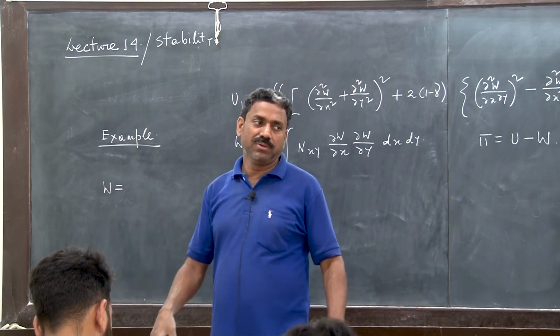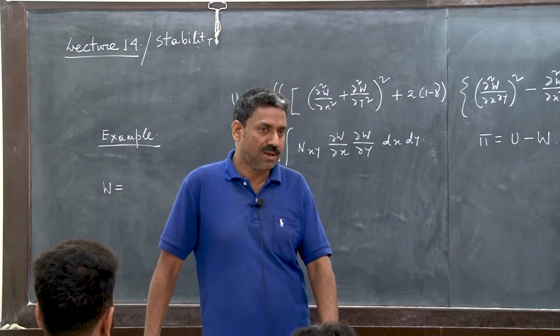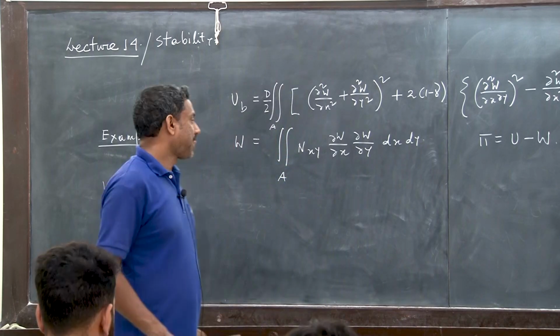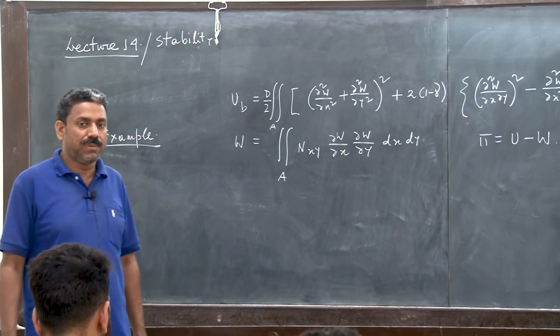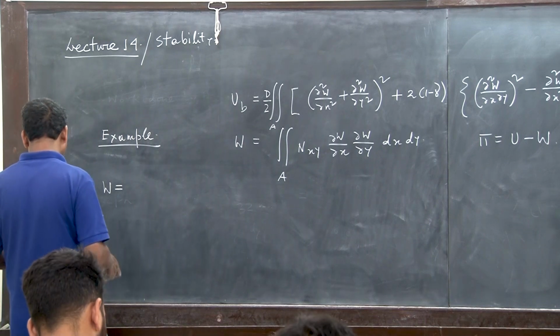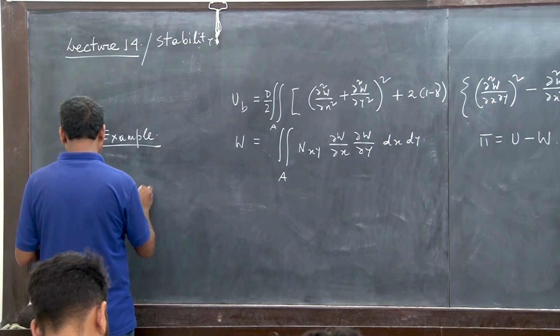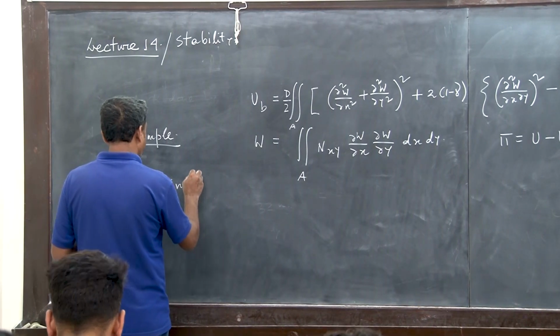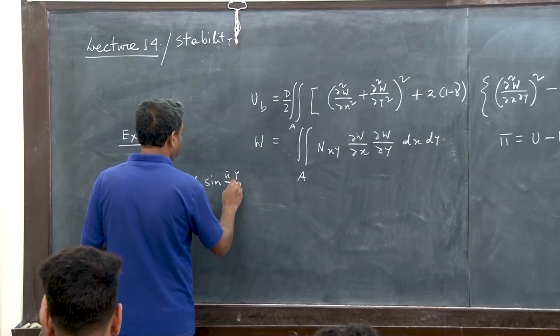Of course, if you are using a computer, you can include as many terms as you want. Nowadays with symbolic computation in Maple or Mathematica, carrying out this integration is very simple. So here I am writing w equal to q1 sin pi x by a sin pi y upon b